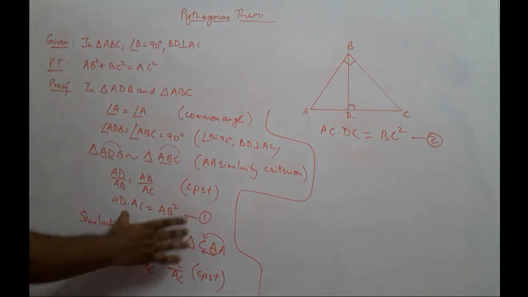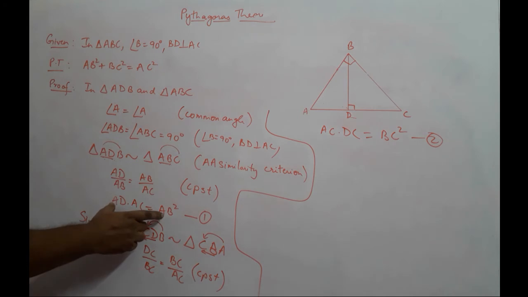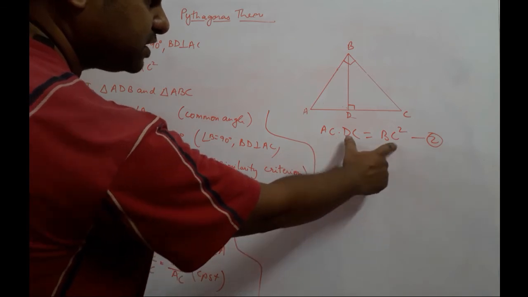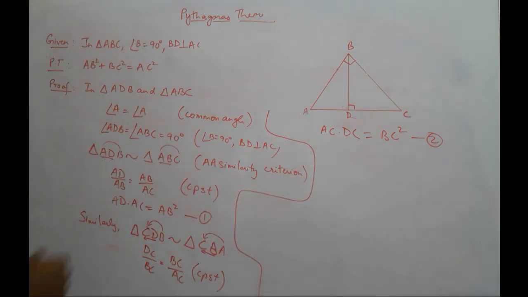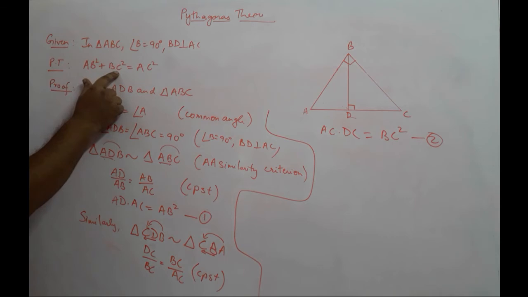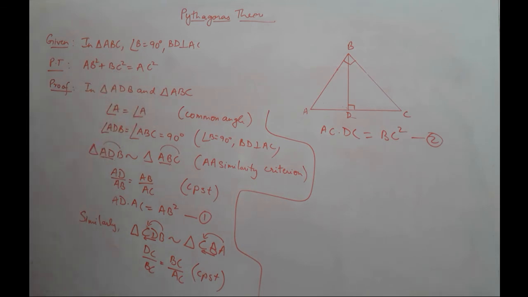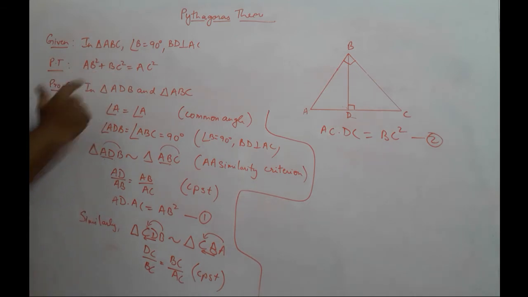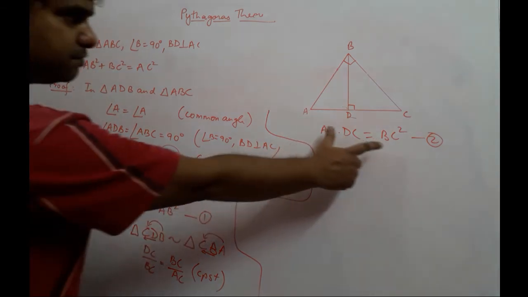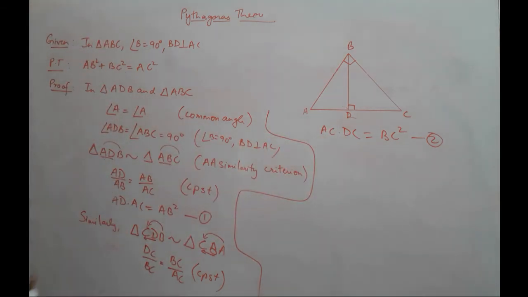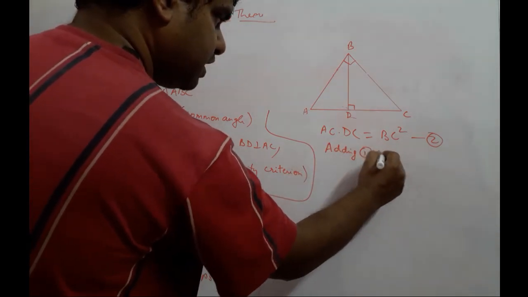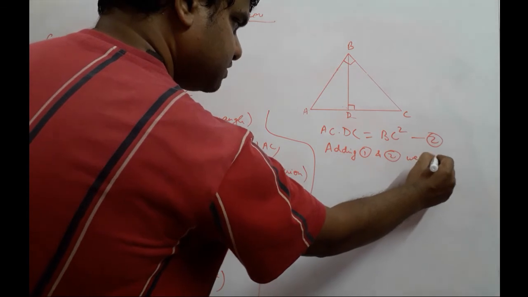Now we've got 1 and we've got 2. We've got 1 which says AD into AC is equal to AB square, and we've got AC into DC which gives us BC square. But we need what? AB square plus BC square equal to AC square. So we've got AB square equal to something and BC square equal to something. Let us add the two up, so at least this part we will get. So adding 1 and 2, we get